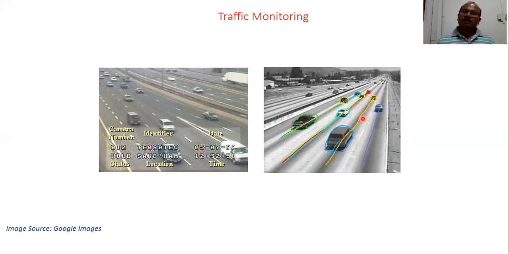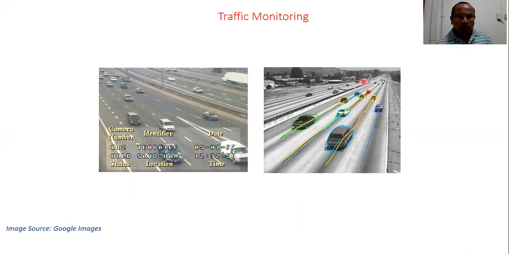How much is the traffic there? How much is the crowd there? Which road has more traffic? If you use your navigator, your GPS also suggests which path is optimum, where there is more crowd, on the basis of this type of monitoring. It captures the data, it captures aerial images through satellite, and suggests, if you want to reach a certain place, which road is the optimal path, where you can save time, where the traffic is less.